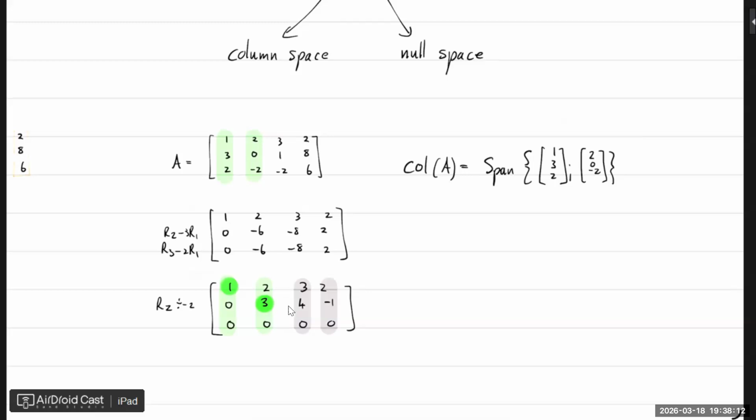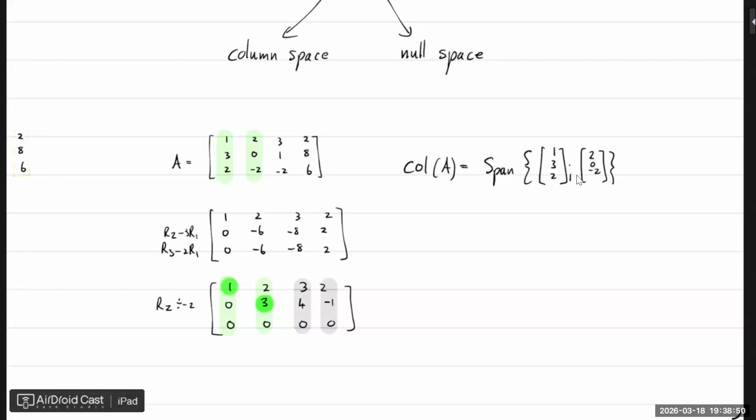Let's see the first column, the last column. It is the columns that have pivots in. So it could have happened that there's a 0, but there's a 1. Then it would have been this column and that column. You see, so you just go and have a look at all the columns that have a pivot in, or let's call them the pivot columns, and the pivot columns are then the column space.